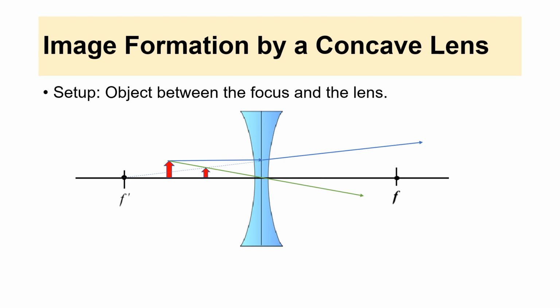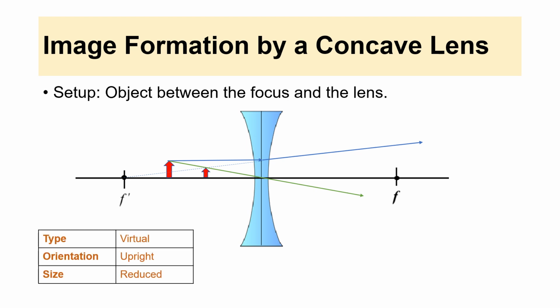Again, the same with the first two examples, the image is still smaller than the object. It is upright and then it is virtual. This will be our proof that for a concave lens, always the image formed will be virtual,